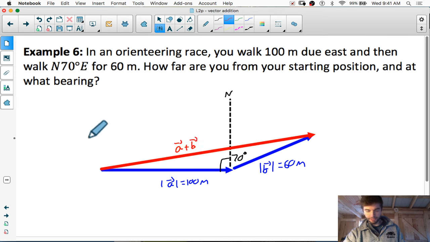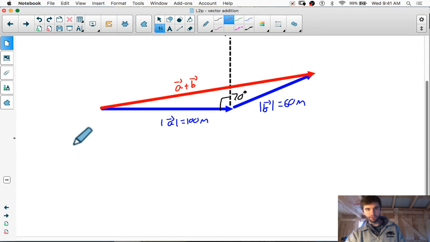And we're interested in what is the length and direction of that line. Well, we can find the length of this line using cosine law again, because we have two sides and the angle contained by those two sides, right? 90 plus 70, that's 160. So I can figure out the magnitude,